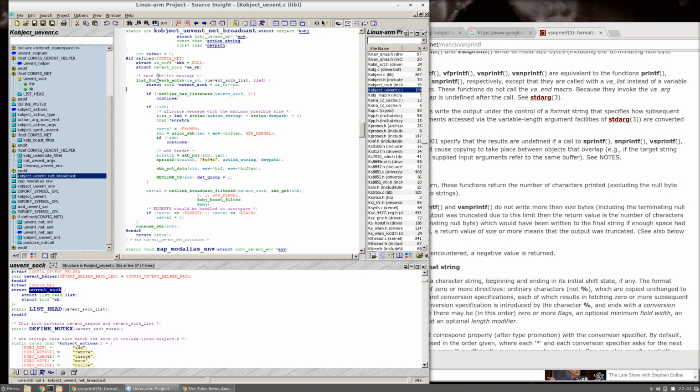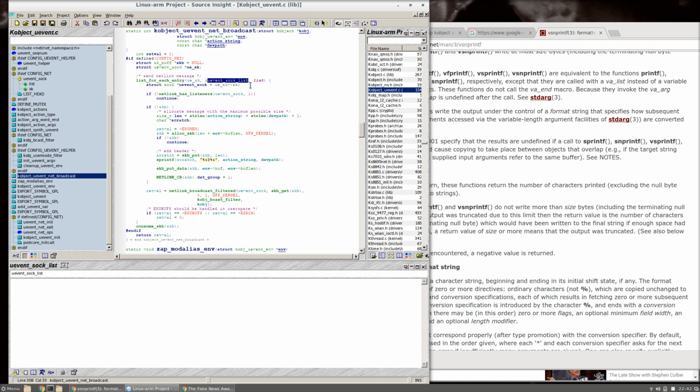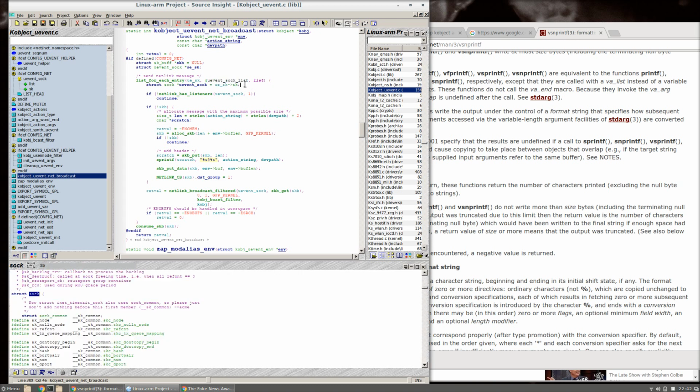In the next loop here, we see that there is a list_for_each_entry where it goes through a global list called uEvent sock list,